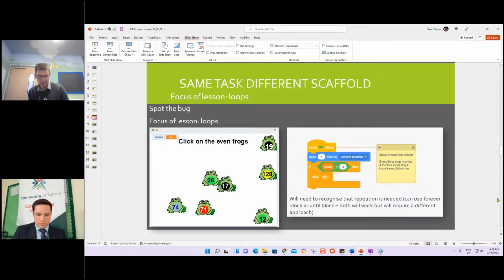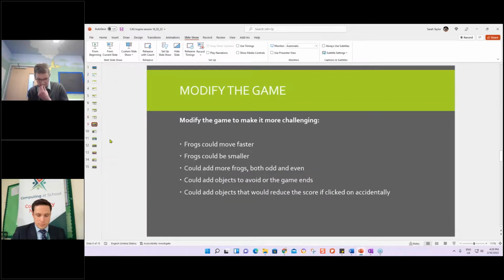But then you could also change the if-then selection block to repeat until, and that would also work. And it would be interesting then to see if they recognise that they could use that condition controlled loop.